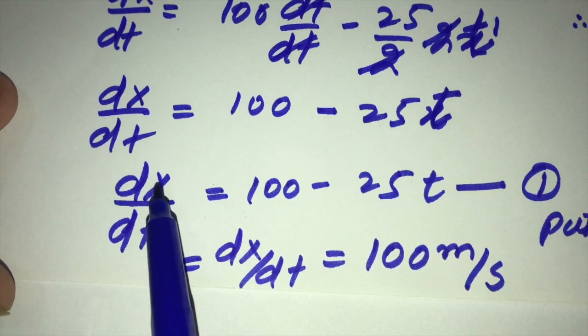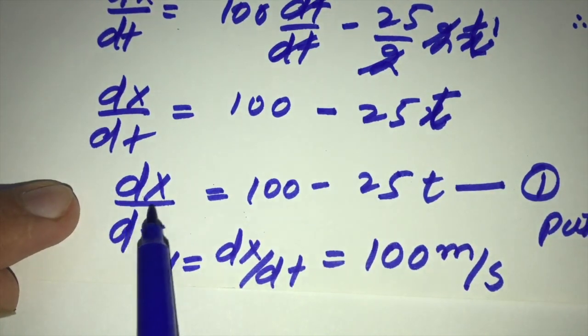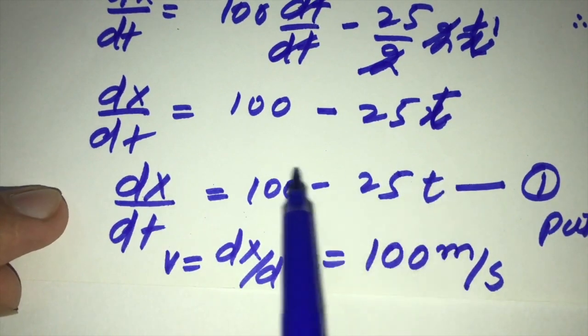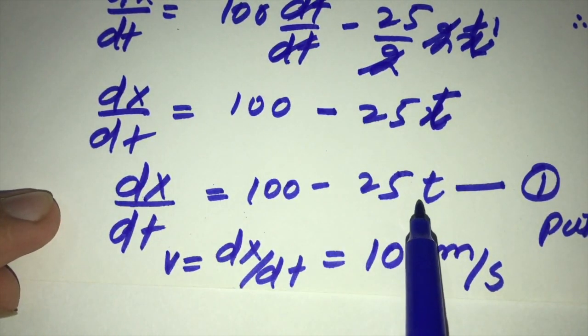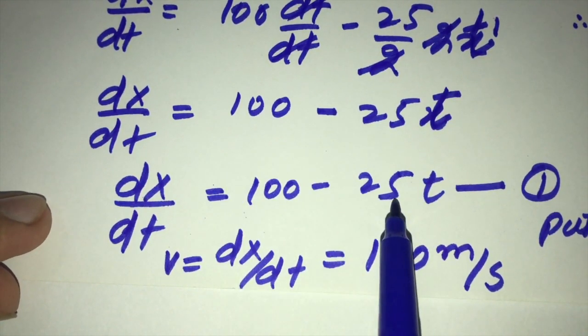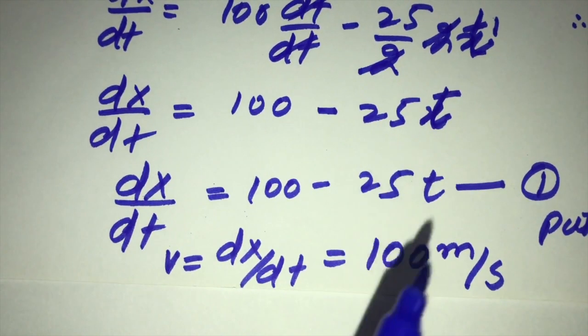Okay, so put dx by dt is equal to 0, means put equation 1 equal to 0 and find the time from this equation. This is our second part. So now put